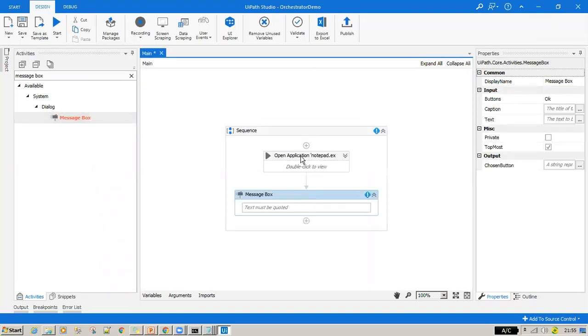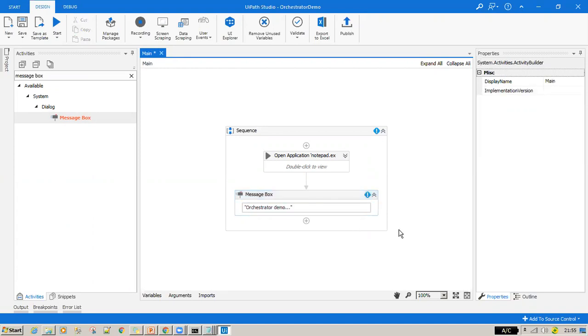So apart from opening your notepad, I'm also typing the message box. So you did some changes to part of your workflow. Now I'm saving this workflow again.